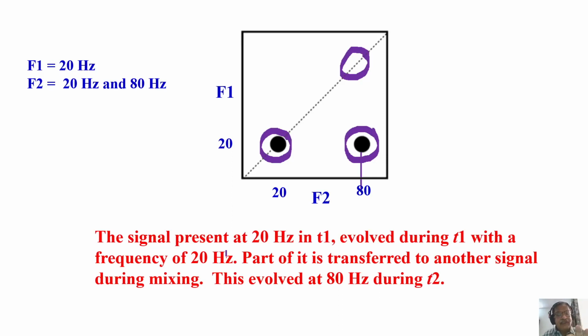Diagonal peak is the one where the spins retain their precession frequency in both the dimensions. Cross peak is the one where the spin gives part of its magnetization to another spin which is coupled to it. As a consequence, this frequency comes in a different frequency in the F2 dimension. So that is a cross peak. So we took several examples and saw how to interpret a 2D spectrum with only one or two peaks present. And this interpretation is invariant for any type of 2D experiment you do. Okay. So with this, I'll stop here. We'll come back and start with the analysis of the 2D spectra in the